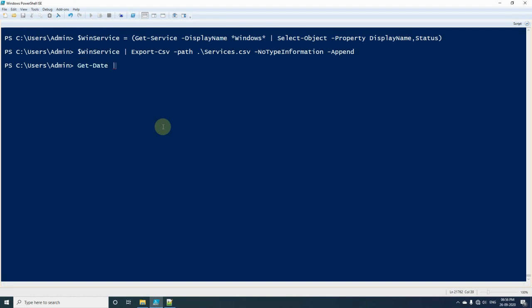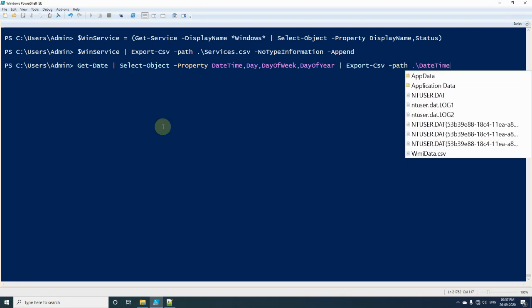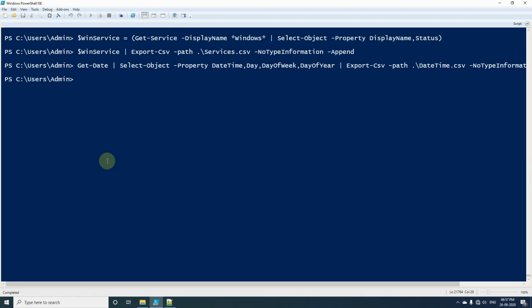Using this we get the current date in the system. After that we have used select object, and in this we have specified property.